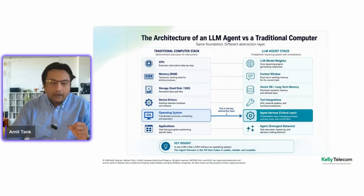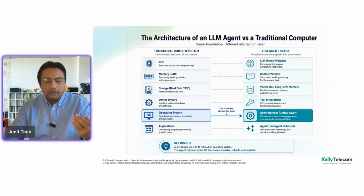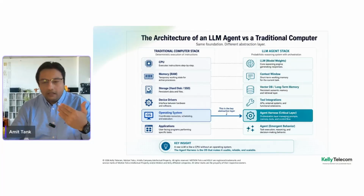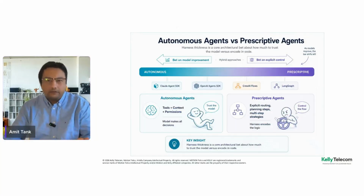The critical part is the operating system. In the agentic ecosystem, this component is called the agent harness. Many of you have probably heard about Claude Code, and other tools like Cursor. Those are all agentic harnesses. Can you build it yourself? Absolutely, yes. And so typically you're going to see a little bit of a flow here,